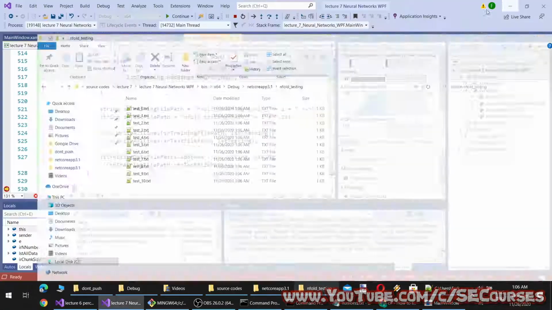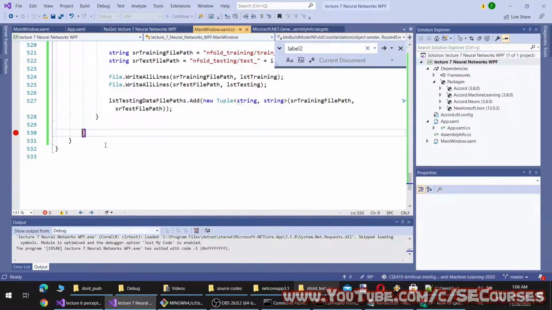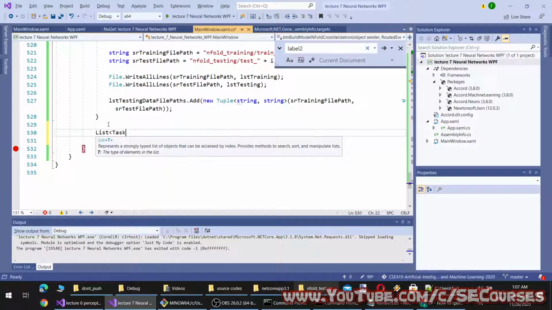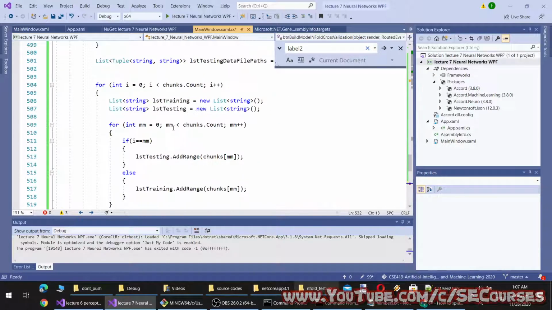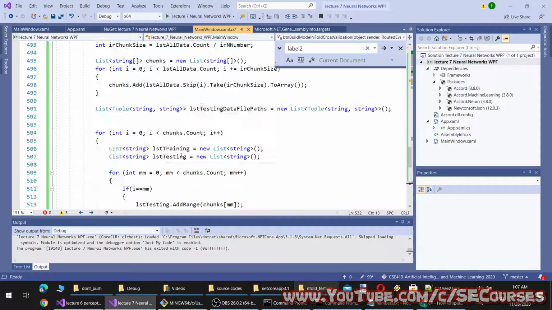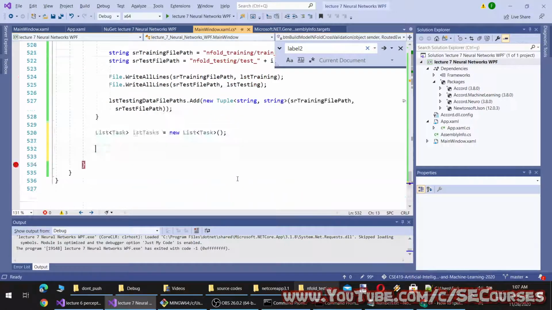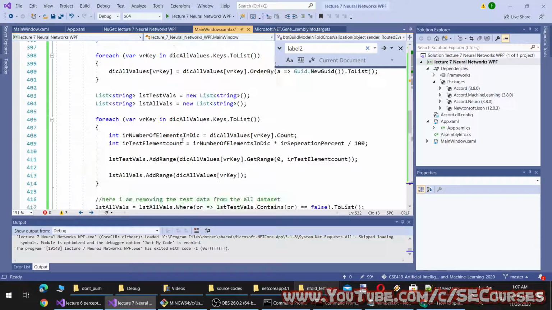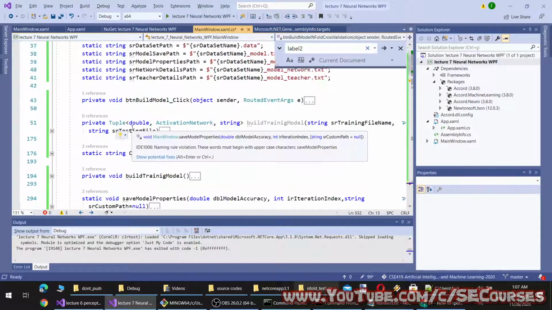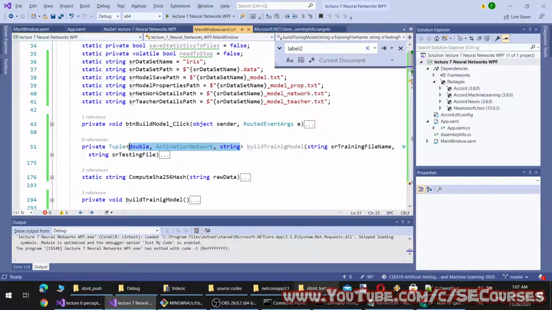Test set has generated. And now we will start tasks. Okay, then we will have model data. This was returning a tuple of this. We can make this actually a class. It would be better.